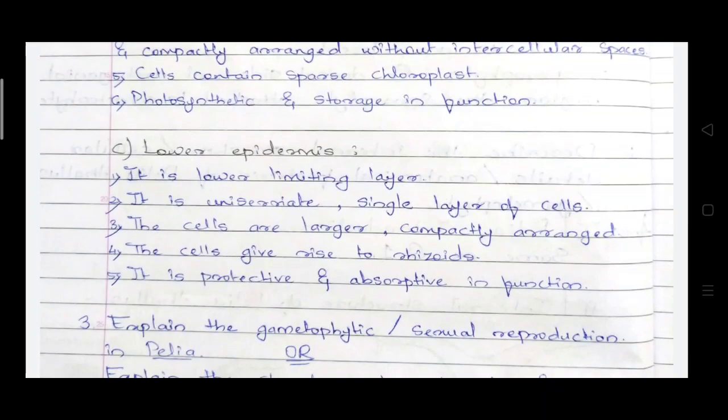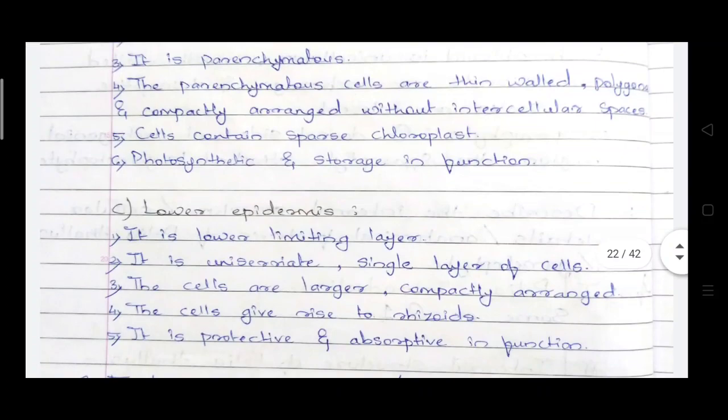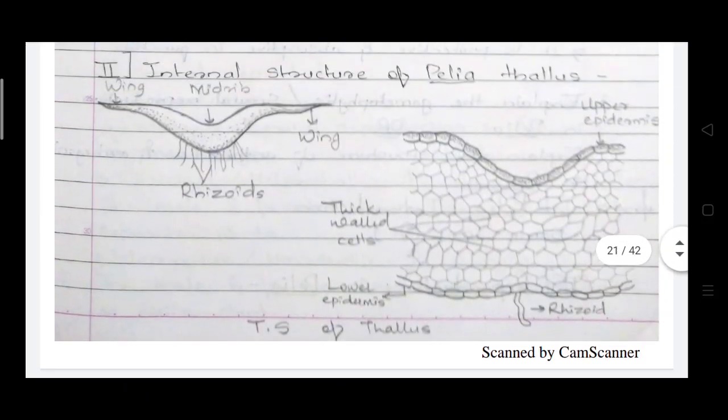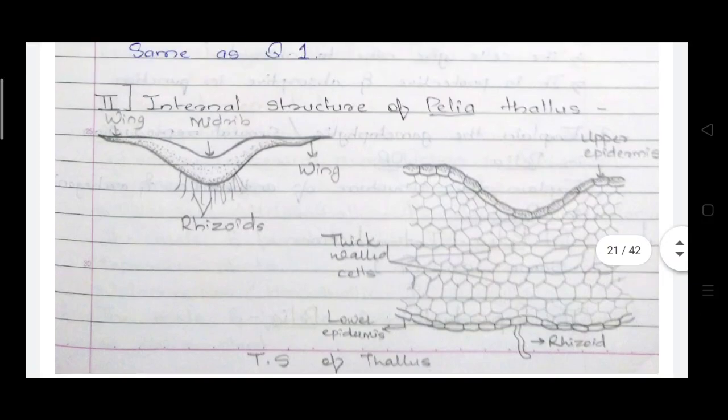It is similar to the upper epidermis, but the difference is regarding the rhizoids. At the lower epidermis, the lower epidermal cells give rise to the rhizoids, and it functions as protection as well as absorption. So this is regarding the internal structure of the Palea thallus. It is a very simple structure, and the questions